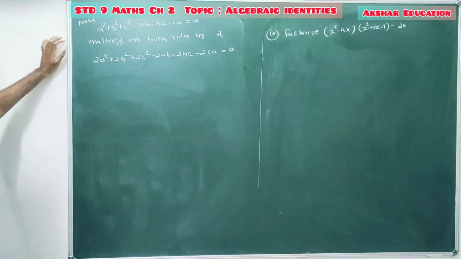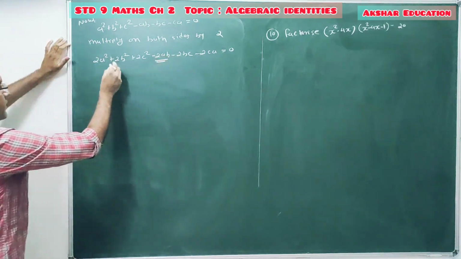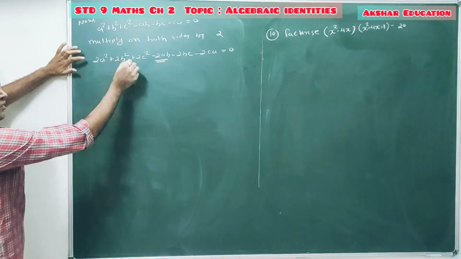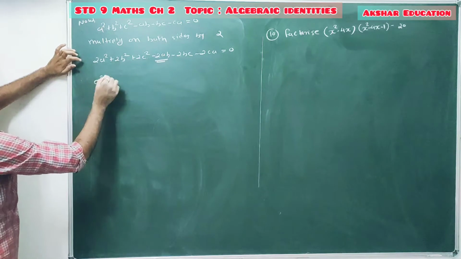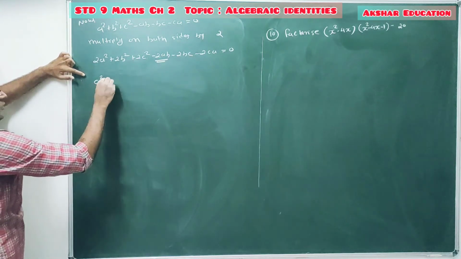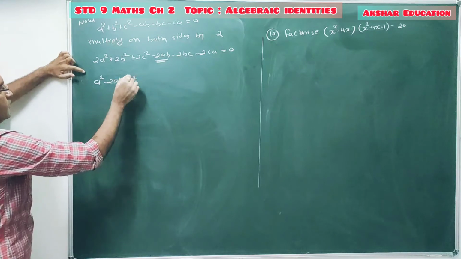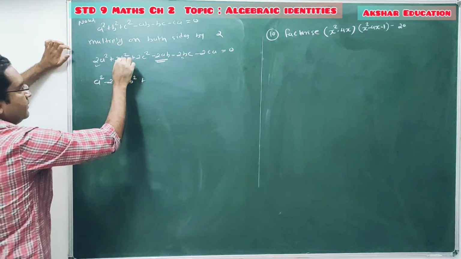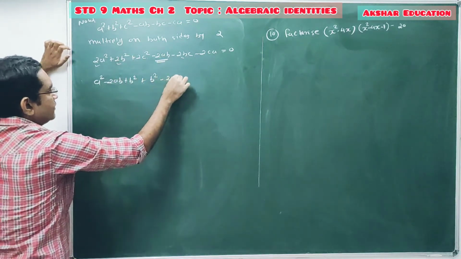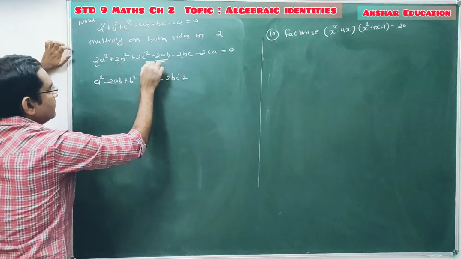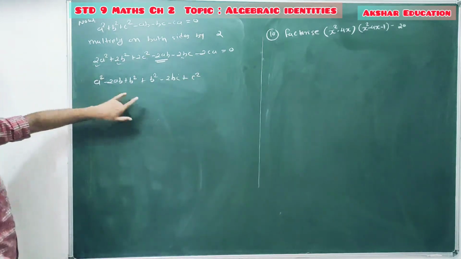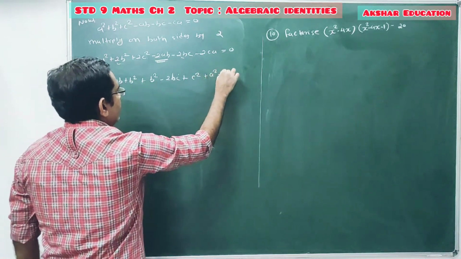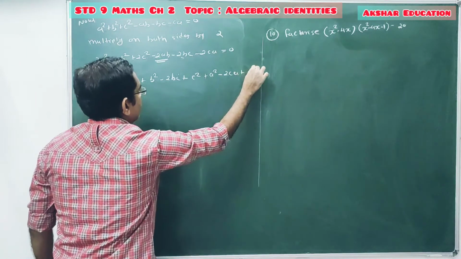Clear? Now for this minus 2ab, I am splitting this a square and b square. It's 2a square, so a square plus a square, 2b square, which is b square plus b square. So I am writing only 1 square: 1a square minus 2ab plus b square. For this minus 2bc, I am writing this remaining b square minus 2bc plus, from here, I am taking 1c square. So b square plus b square is 2b square. Similarly, for this minus 2ac, I am writing a square minus 2ca plus c square.